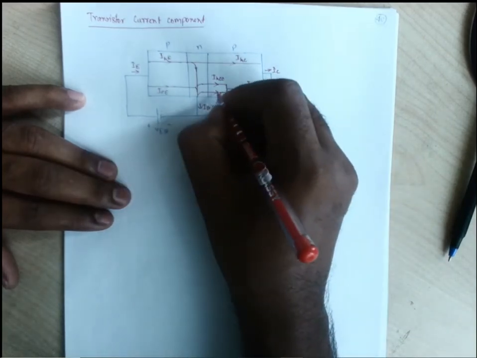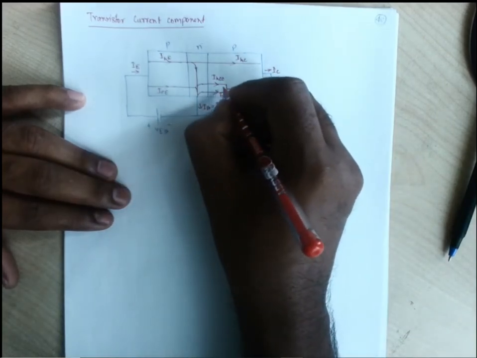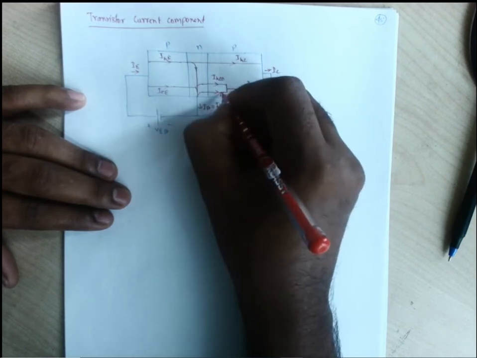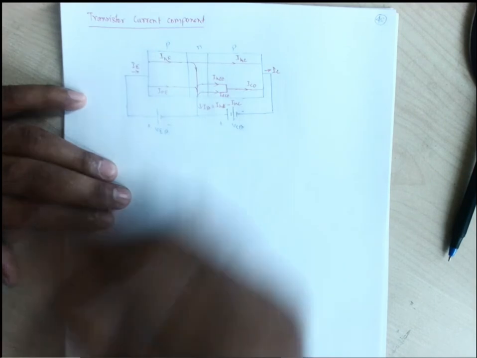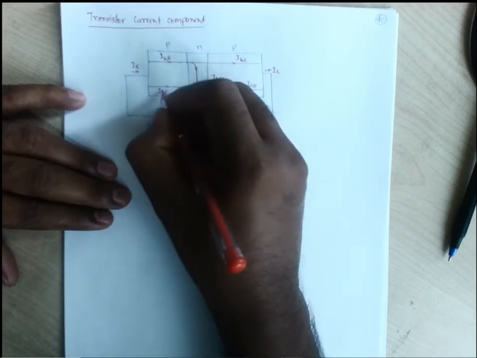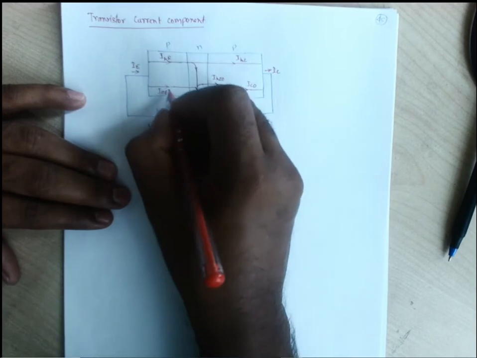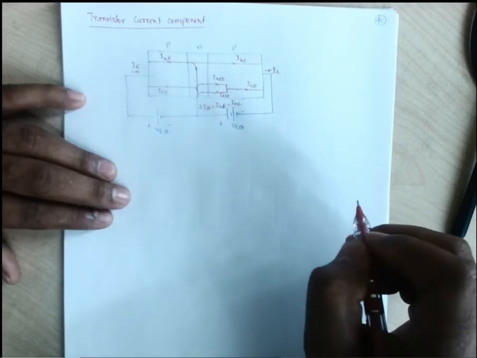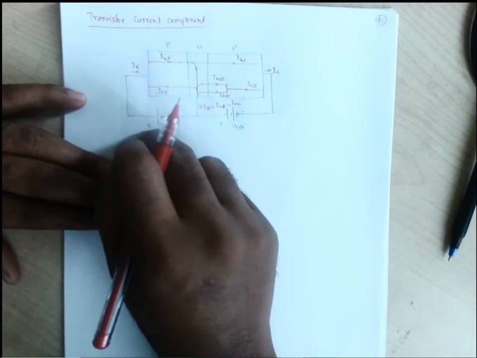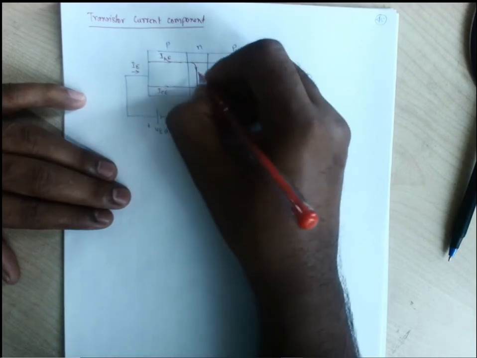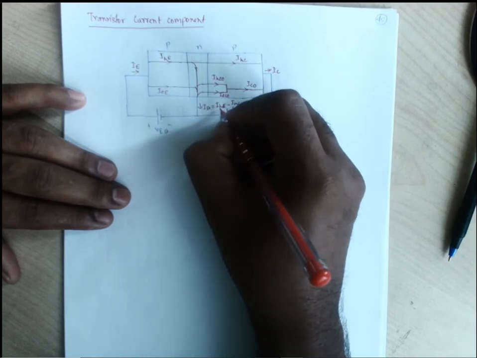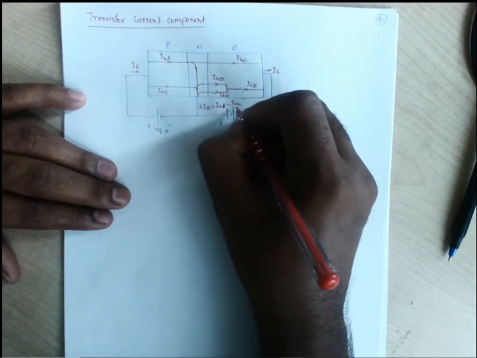These are also part of the base region current, because some holes go from the base to the collector and some electrons go from the collector to the base. This is the current due to the minority carriers existing in the emitter, which is taken out of the emitter by the external supply. So the total current coming into the picture is that IB is equal to IHE minus IHC.